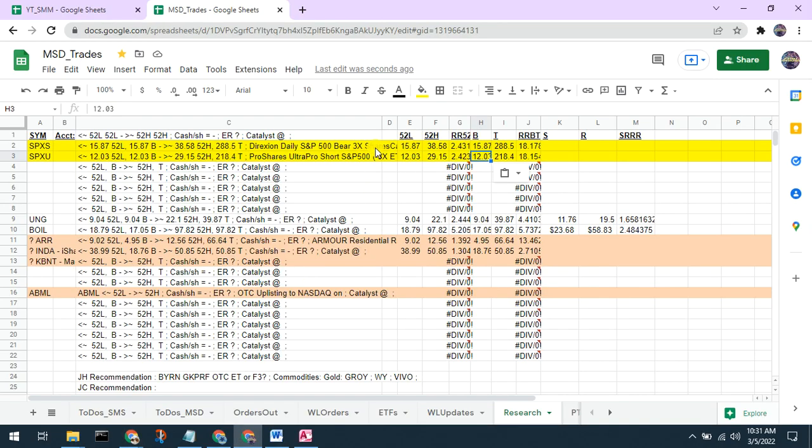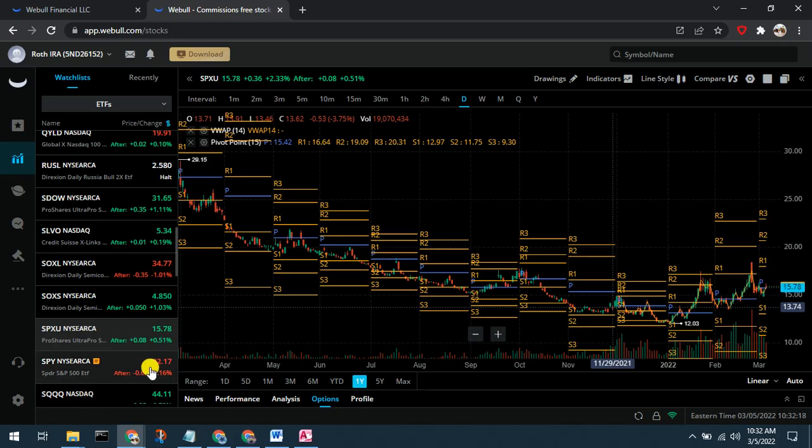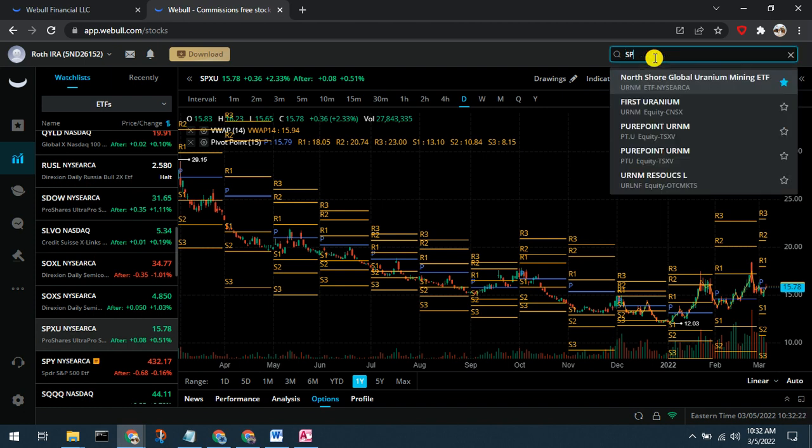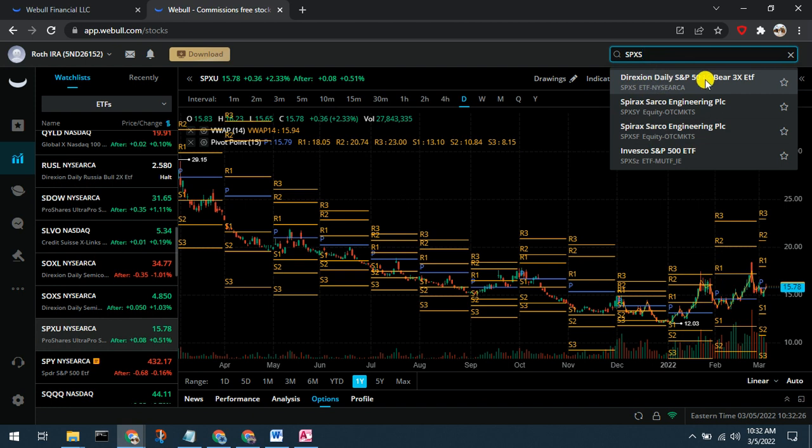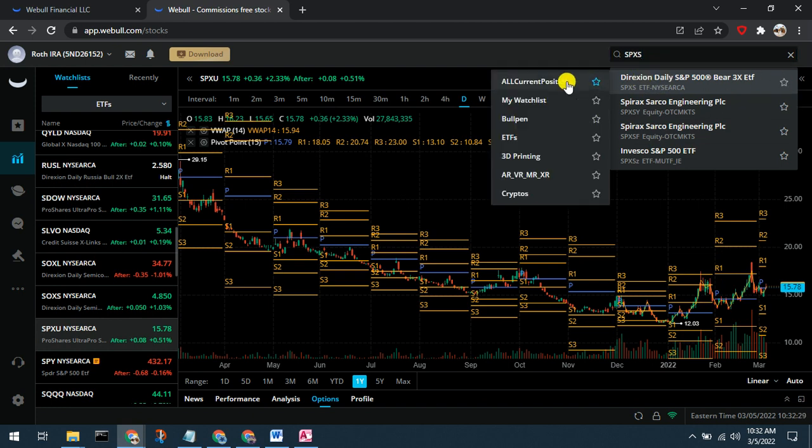risk, if I had to pick one of these to put in the watch list, put in the database, I would pick now SPXS, as it provides a little bit better reward to risk ratio, both on a 52-week basis and on a top to bottom basis. So we'll go ahead and add that to our ETF watch list in Webull. I just say SPXS. And in the future, when we look at shorting the S&P, we will be using